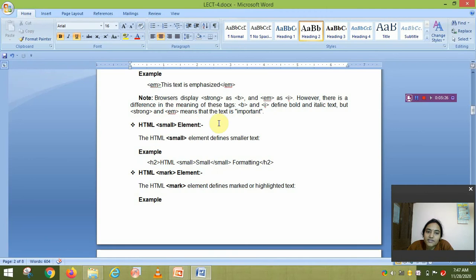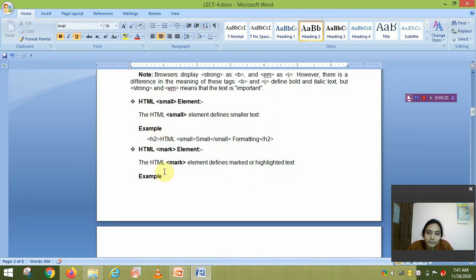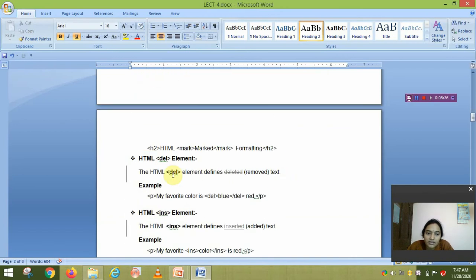Then the small element, that means it defines the smaller text. Then mark also highlights the text. Del: here we write my favorite color is blue red, but before the word blue we write del, and after blue we also close this del tag.